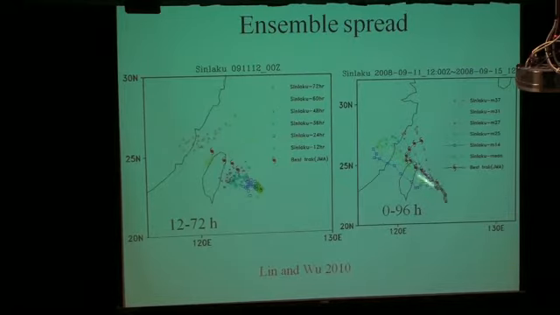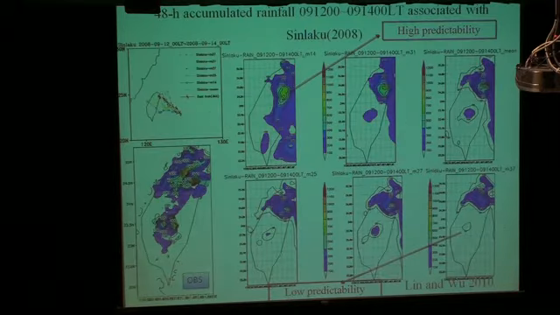And so the track actually is hitting everywhere, from central to northern Taiwan or outside of Taiwan. And if you look at its impact on the precipitation in Taiwan, in this particular simulation, with about 3-kilometer resolution, we see that this is the observation, and these are some of the ensemble members we try to show. We see that all the ensemble members are able to capture the rainfall in the northern part of Taiwan, but they fail in the peak in central Taiwan. So there are some with higher predictability, some with low predictability.